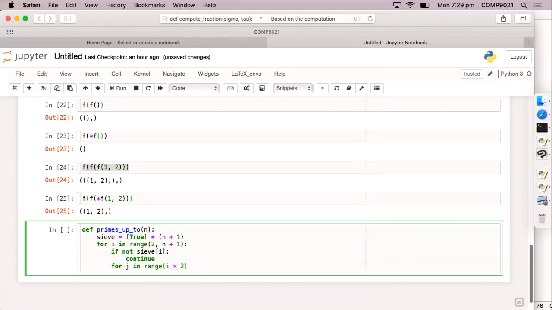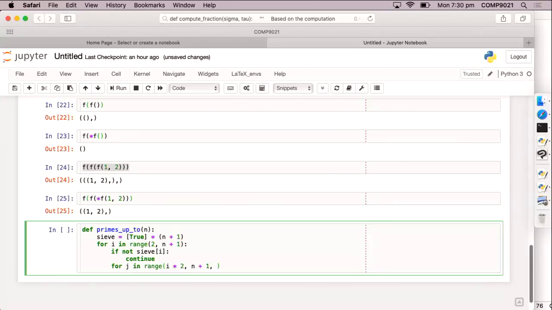And we want to eliminate I times 2, I times 3, I times 4, up to potentially any number that doesn't exceed n, right? So range, now let me say I want to start from this number, the starting point, and that's the limit. I don't want to reach that number, right? So as soon as I reach n,